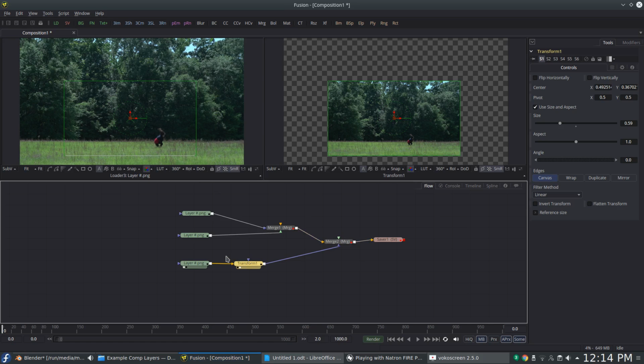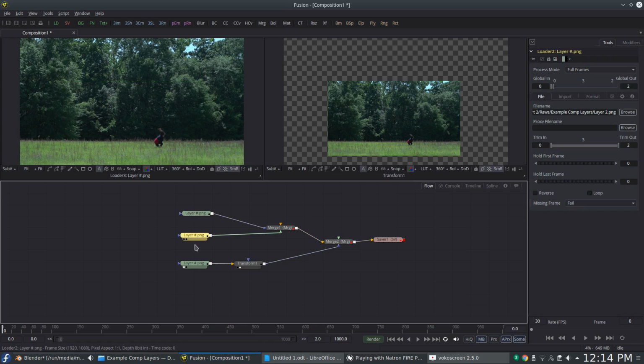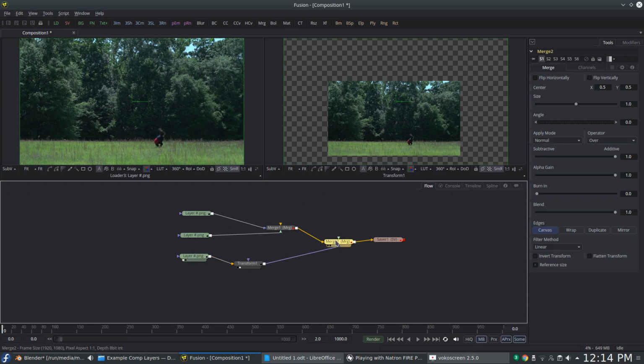Now, Fusion, I went with these PNGs simply because that's all it can seem to do. It can do things like image sequences and stuff like that, and PNGs, JPEGs, it seems to do that fine, but it doesn't want to take any MP4, MOV, or MPEG files. It doesn't want to accept any video format, and it kind of sucks. And I haven't completed the composite here because, to be honest, I actually installed this like 2 days ago just for this